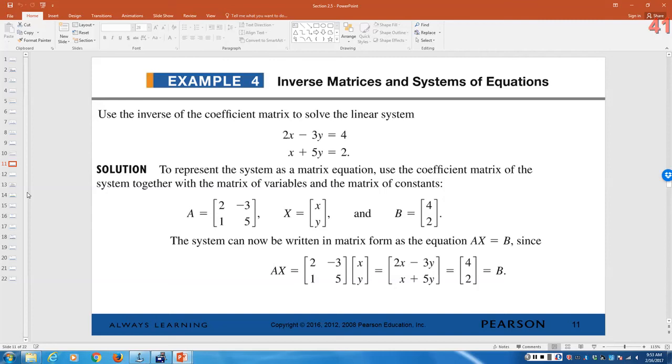So we're going to use the inverse of the coefficient matrix to solve this system of equations. Now, we could solve this system by graphing it. We could solve it by using row operations, like we did in section 1. We can solve it using the reduced row echelon form, or RREF, on the calculator. But sometimes, if you have several different equations to solve, where part of the solution will be repeated every time, the matrix is a more efficient way to do it. So the way we're going to do this,